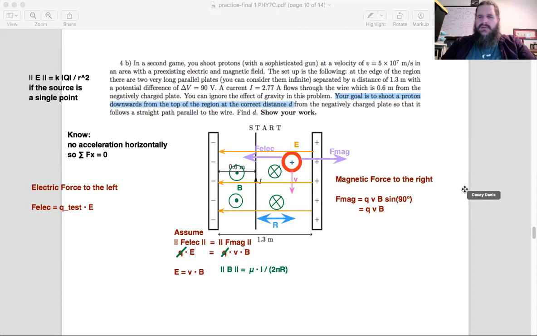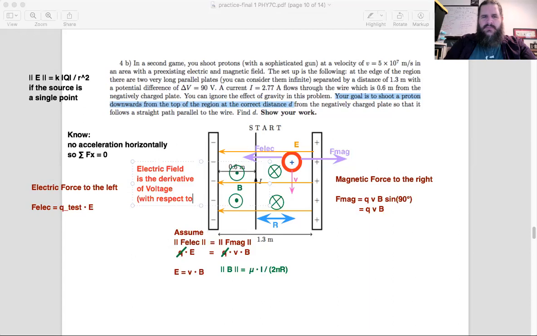Also, electric field is the derivative of voltage with respect to position. This is a very important relationship between those quantities. We haven't really talked about it very much, but the idea is that the electric field is related to voltage. Electric field is the derivative of voltage with respect to distance. So a strong electric field means the voltage is changing lots, not lots per second, but